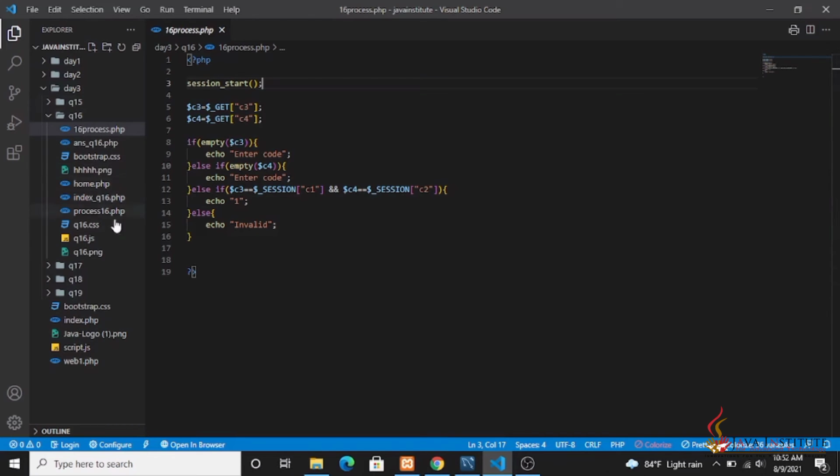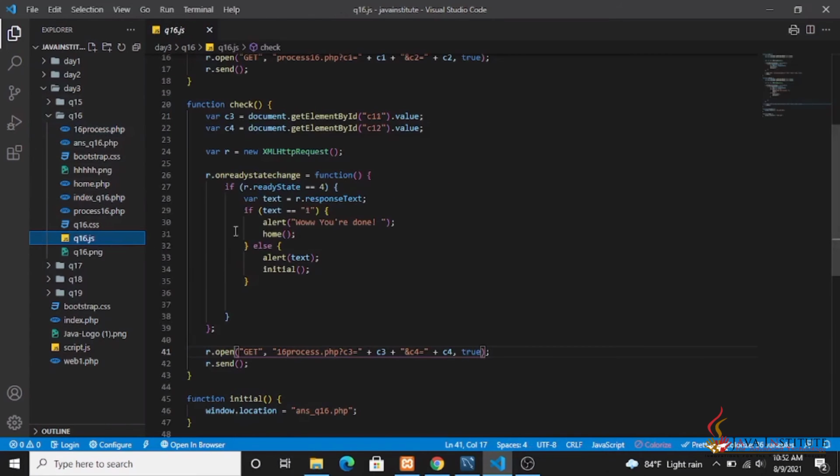And then again direct into this JavaScript file, and as usual I have gained the response text, and if the text is 1, then the alert says that verification is done. Then it's going to the home page.